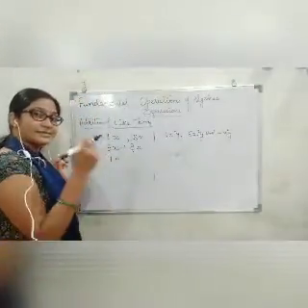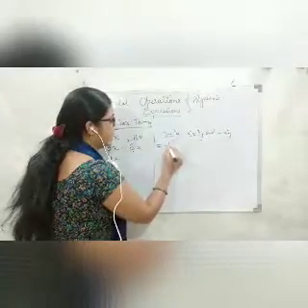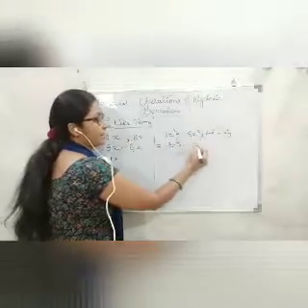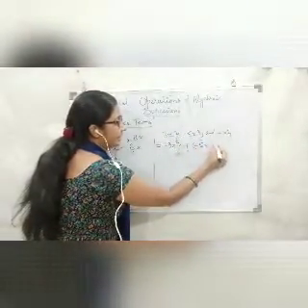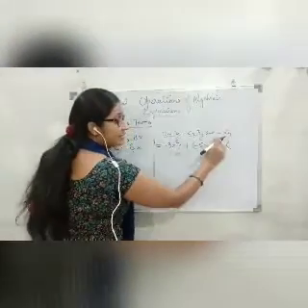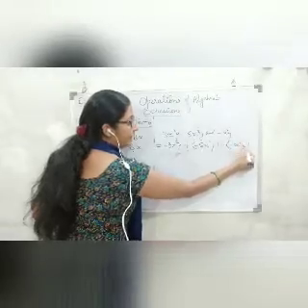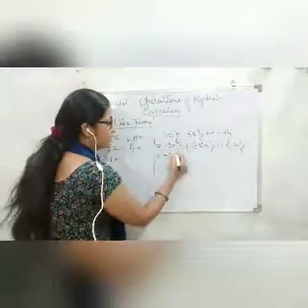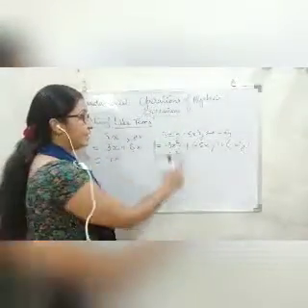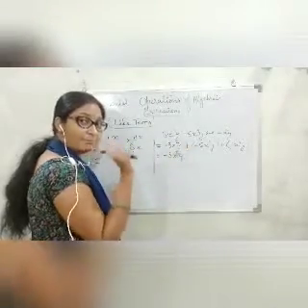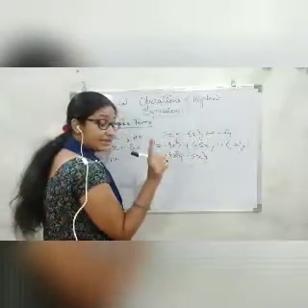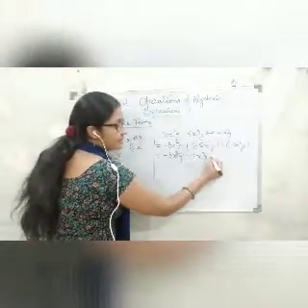Now what we are going to do, the same thing. I will first of all write it with the help of plus operator, and then what I have to add? Minus 5x square y. So I am writing it in the bracket because here a minus sign is given, and then plus again I have a minus sign. So I am writing it in the bracket this way. So this gives me minus 3x square y. Now when you have learnt about the integers, you know that plus and minus makes it minus. So here it will come minus 5x square y. Again the same thing, plus and minus gives minus.